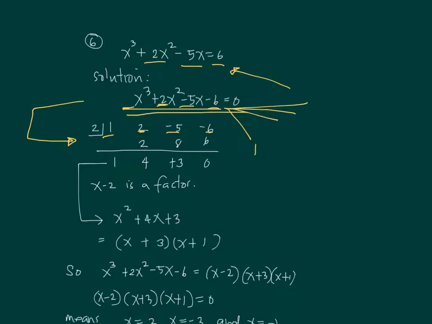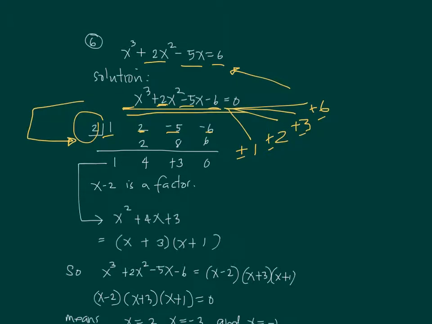It can be 1, it can be 2, it can be 3, or even 6. And you can try positive negative 1, positive negative 2, positive negative 3, and positive negative 6. So you can do this by trial and error. So in this solution, I tried 2 immediately, although you can start with 1 if you want, and then just